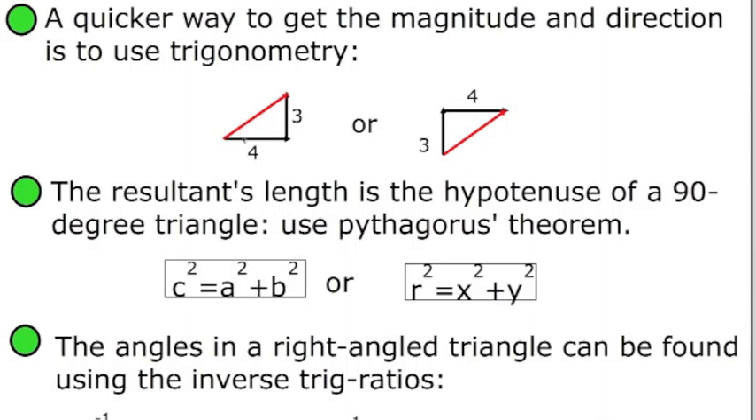Using trigonometry, that's another way to get the length and the angle. We can use Pythagoras' theorem to get the length of the hypotenuse since it's a right angle triangle. If it wasn't a right angle triangle, that doesn't foil us with trigonometry because, of course, we can just use non-right angle trigonometry, which is only slightly more complicated. The angles in a right angle triangle can be found using the inverse trig ratios, so that makes it nice and simple. Now, to find this angle here, you would use the inverse tangent of 3 over 4, because that's